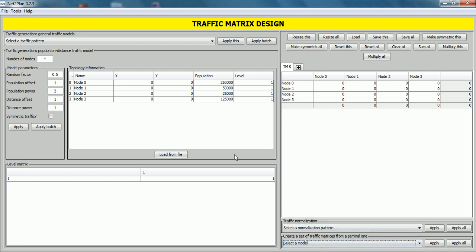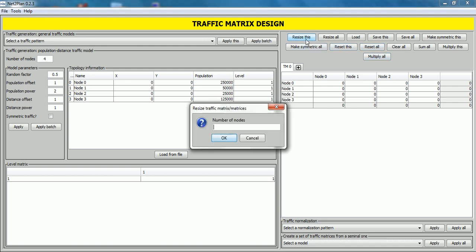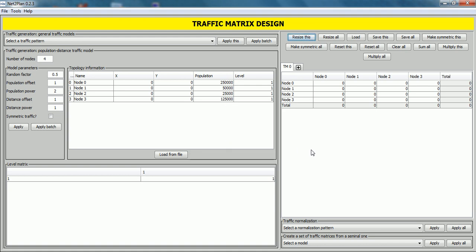Now we focus on the right section. We are going to generate one matrix manually. The first step is to click on this resize button that allows introducing the desired number of nodes, for example 4, and click OK. After this, the matrix can be manually filled. Its traffic can be manually inserted by clicking on the cells and typing the new value. As self-demands are not allowed, values of the main diagonal will remain 0. So we fill the matrix